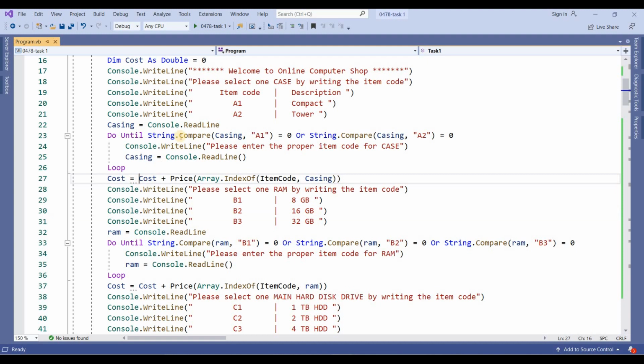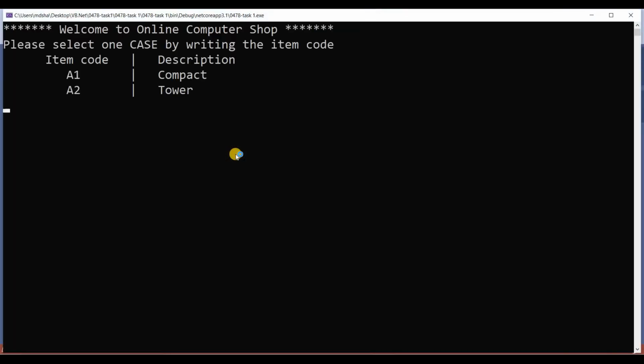Clear? I will show you till now. Okay, when you run this, if you do not enter A1, A2, suppose you are going to enter A1, there are again messages coming, please enter the proper item code.